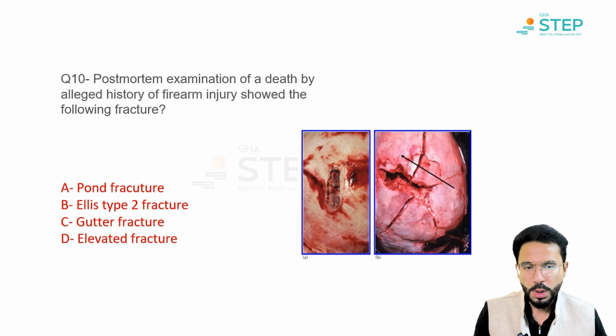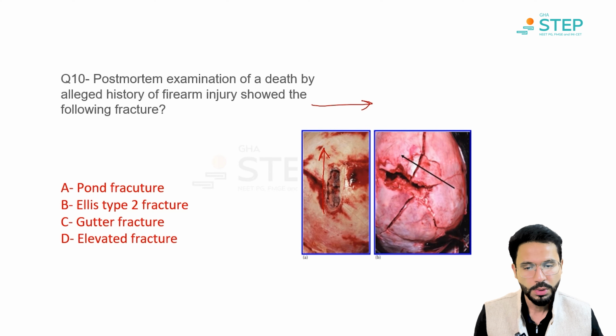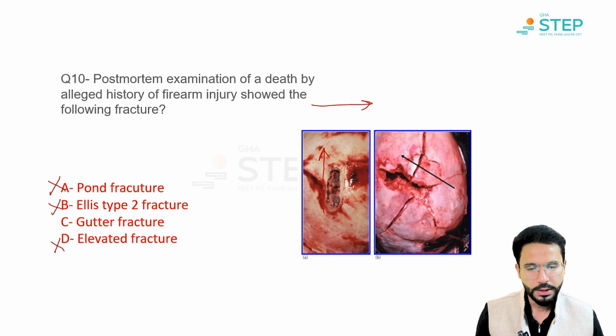Next question. Postmortem examination of a death by alleged history of firearm injury showed the following fracture. So when you have fractures that we're talking about because of firearms, remember, now look at this image here. It is showing you a fracture that is going in a particular direction. So these fractures are most easy to recognize. So it is not a pond fracture, it is not Ellis type 2 fracture, it is not an elevated fracture. The correct option is a gutter fracture, that is the most common in firearms, also known as a